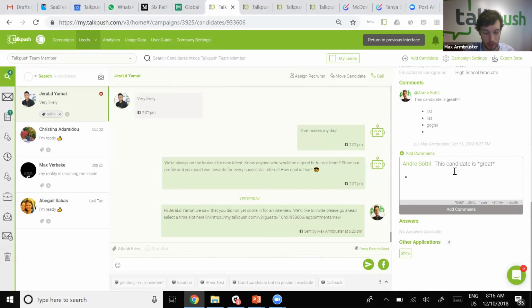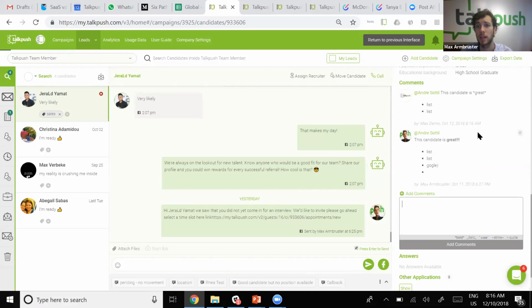You can add key data points or a list and present data in a more structured way, which makes it easier for your team members to see what you feel about a candidate and to get back to you. In this scenario, Andre would get a notification while he's on the CRM that he was tagged on this candidate. Okay, so that's the